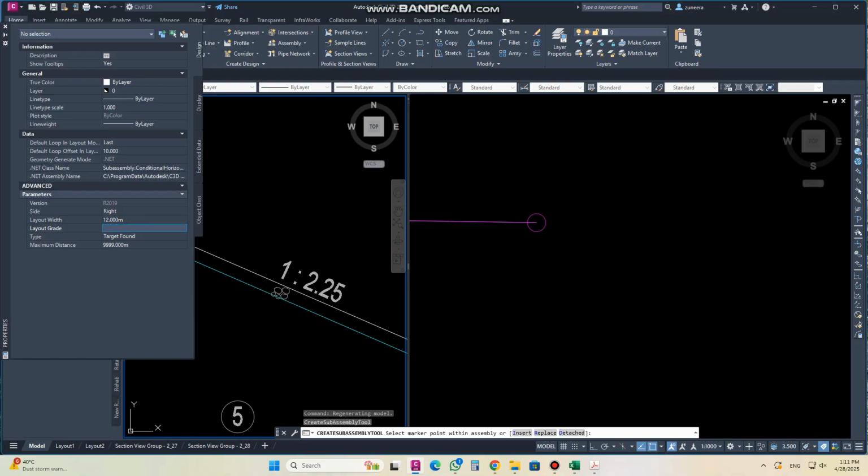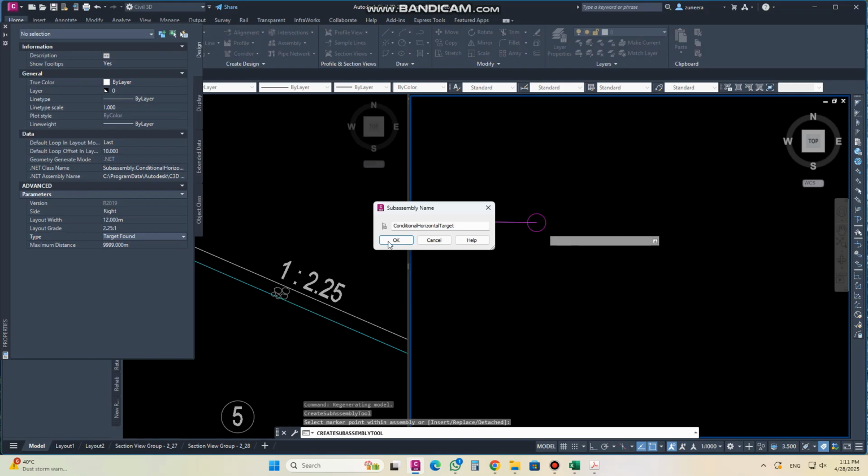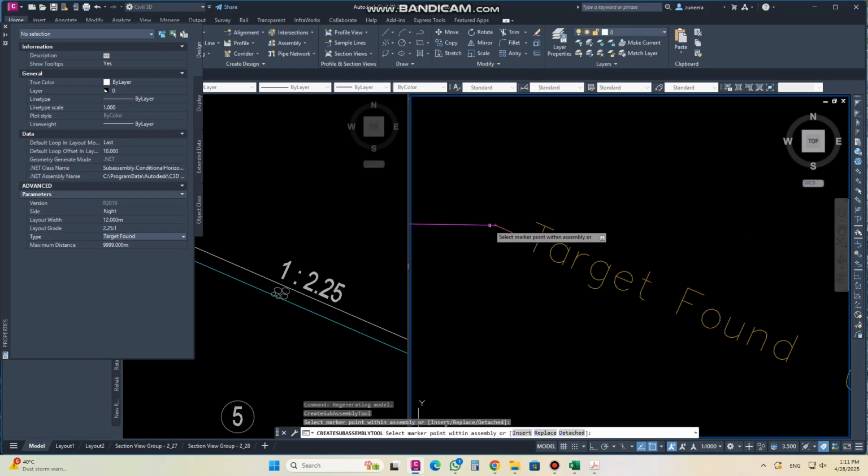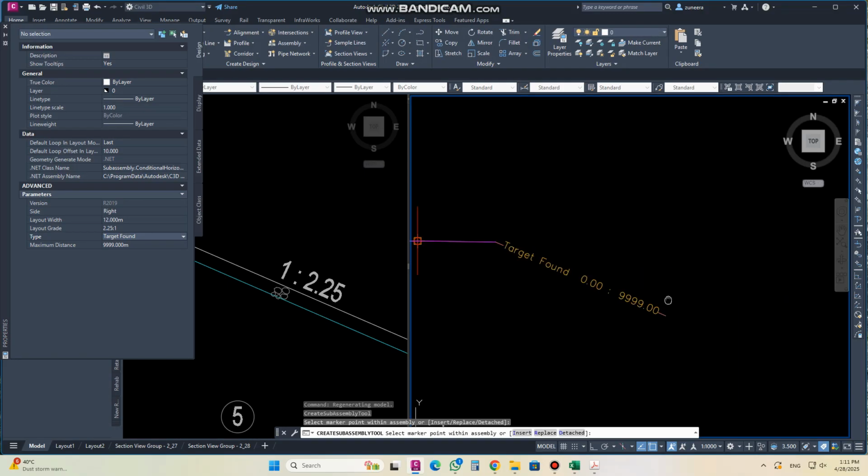just put 2.25 and it will automatically add to 1. Then the target found, there are two options. If target found, okay, if I click here, it's asking for a target found. As you can see, if the target is found, what will happen, I will use a daylight. Target found means it found the natural surface, the natural ground, so it will connect itself. So for that I will put here